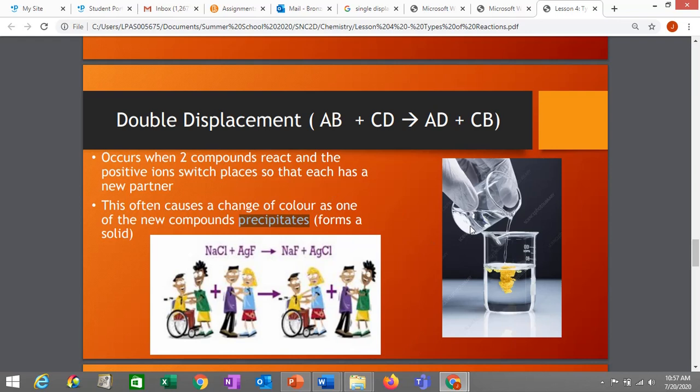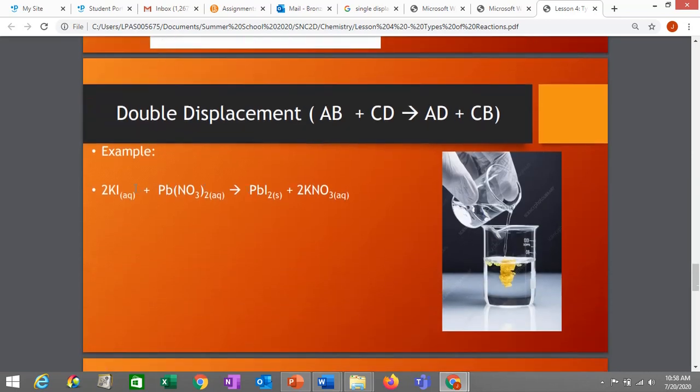This one here, I'm not sure which of the two it is because they're both clear. My guess from the color is that this is your lead nitrate, which is a white powder, but it's dissolved in water, so you don't see it. And down here you would have your potassium iodide, which is also a white powder, which becomes clear when you dissolve it in water. Once you mix the two substances, you get a reaction, and it's actually this reaction here: potassium iodide with lead nitrate,